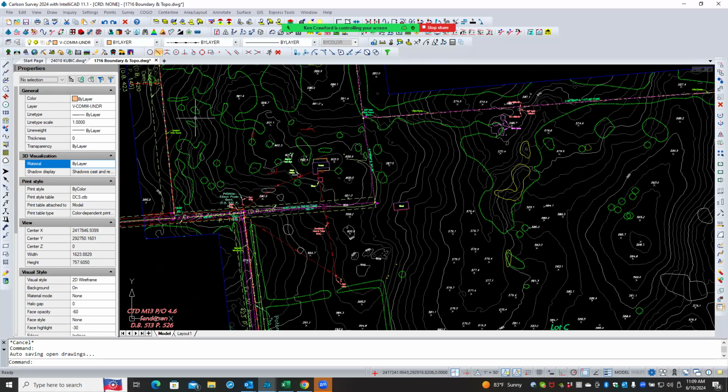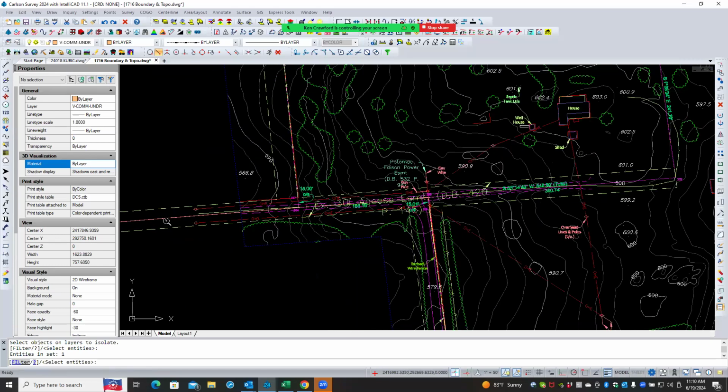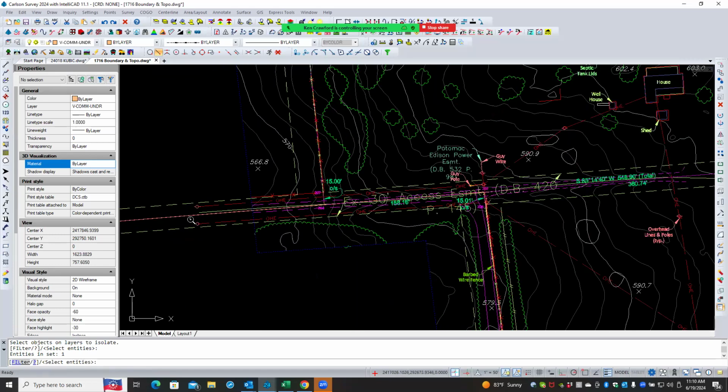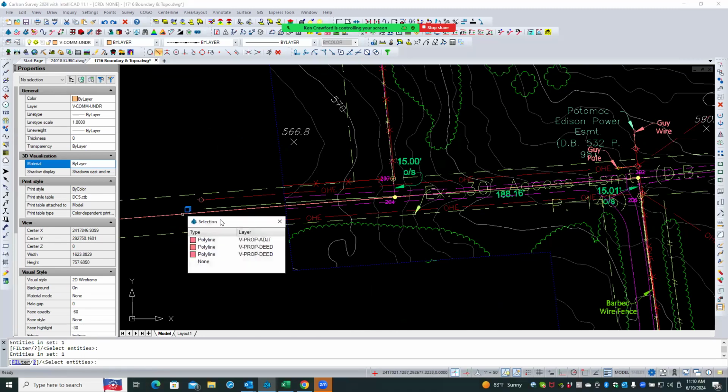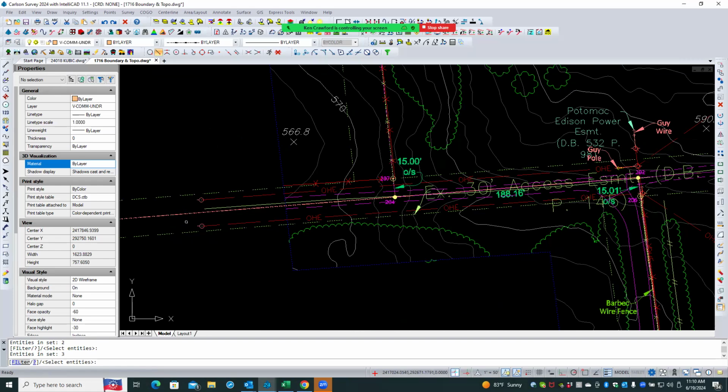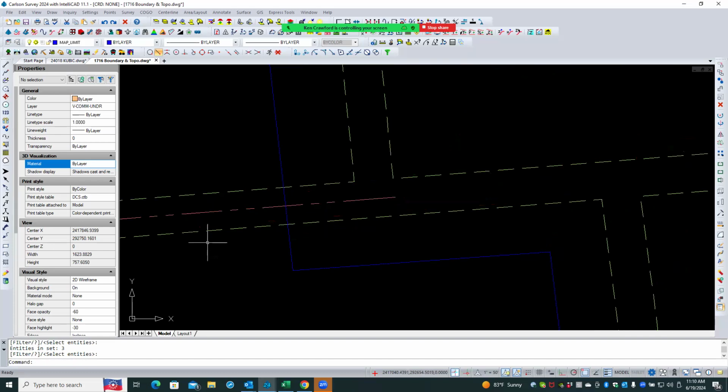So here's a couple of things you can do. Back over in, or with this drawing open, you can do things like this. If I isolate the layers that I want, let's say if all I'm wanting is this boundary and, let's get, looks like that's what the adjusted. Let's get maybe this one. Okay, just as an example. So we've isolated these